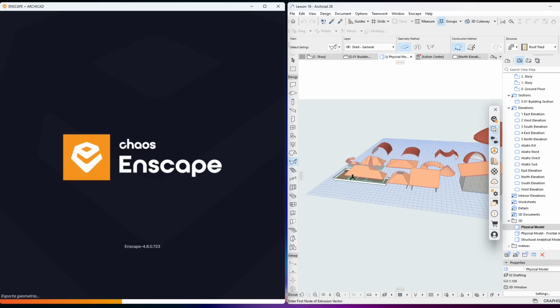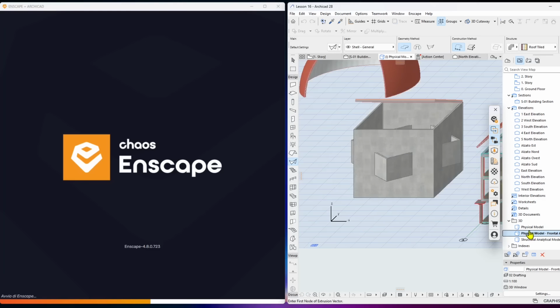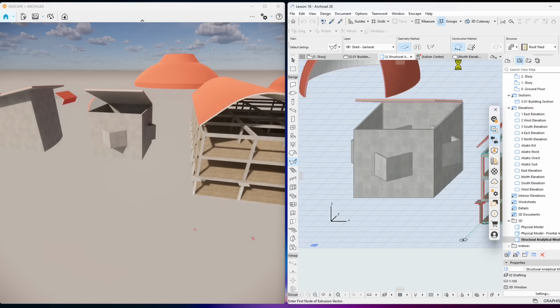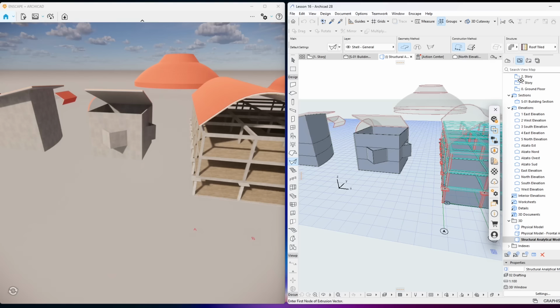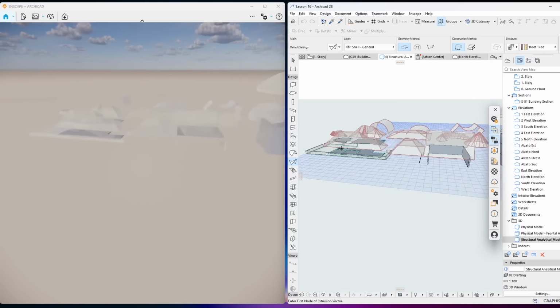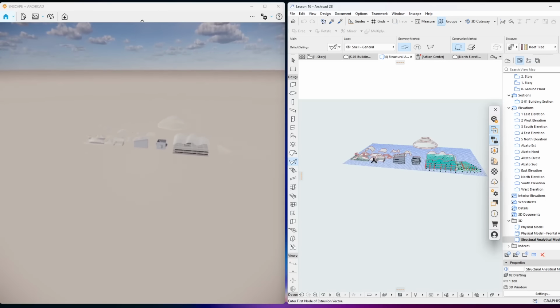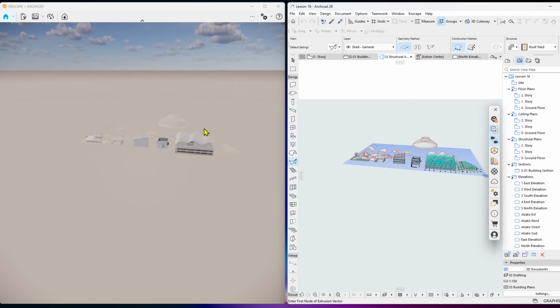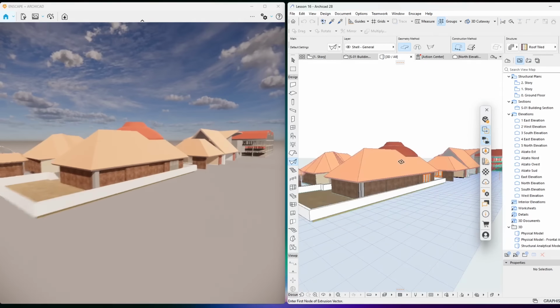So be careful there. Otherwise it's going to tell you anyway. So it will not run. And again, we have some other types of visualization here. As you can see, kind of transparent materials, to study, I don't know, the roofs or the mechanical engineering, plumbing things. So you can do many things with ARCHICAD, and you can visualize it in many ways